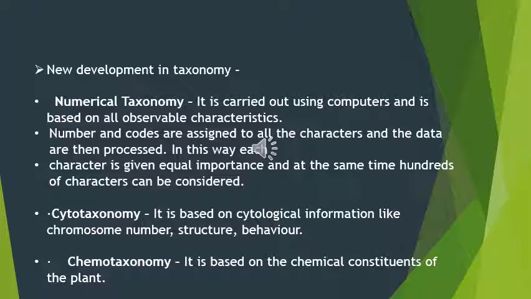It involves the number of chromosomes, the structure of the cells, the behavior of the cells, and the behavior of the chromosomes at the time of classification. In every species, we know there is a different number of chromosomes. For example, if we are talking about human beings, we have 46 chromosomes in a cell,